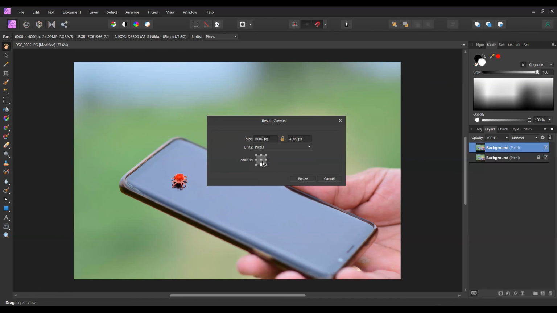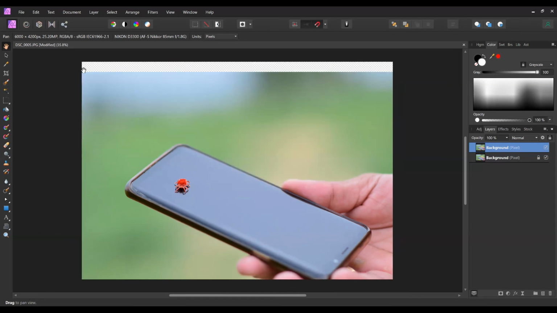It will only affect my upper portion. So I'll get a blank space in the upper portion of my image. Now if I click on resize, you'll see a 200 pixel portion has been provided by Affinity Photo here. I can add text here or whatever caption I need to provide to my image.